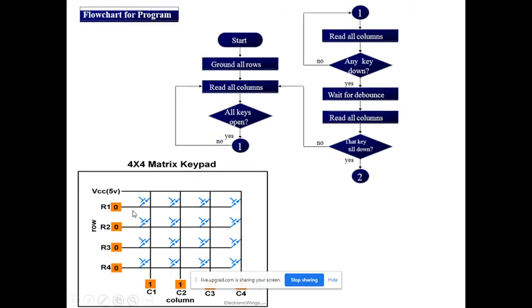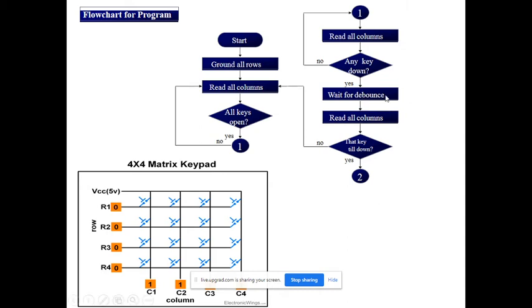Because it is connected to VCC, 5 volt. But suppose any fluctuation is generated within 5 volt for a little time, for microsecond or nanosecond, it has become 0. In that situation, it is not all ones, it is something other than 1. It is because of the supply fluctuation, and that's why we are waiting for debouncing.